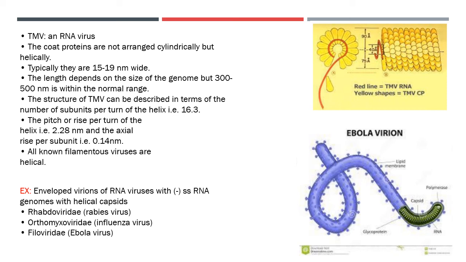The pitch or rise per turn of the helix is 2.28 nanometers. So this was the formula which we studied in the previous slide, that is capital P is equal to M into small p. We had done that in the previous slide, and the axial rise per subunit is